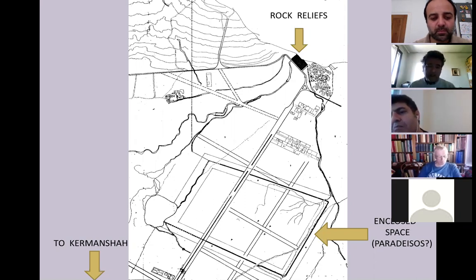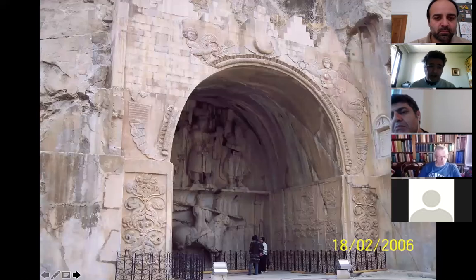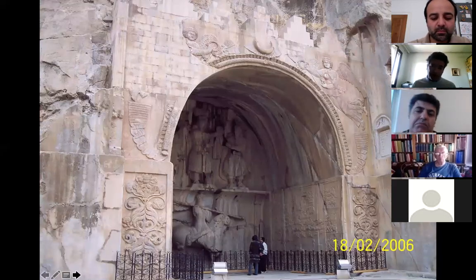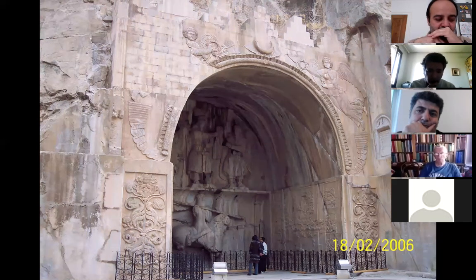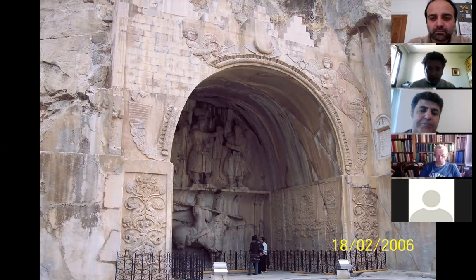Next slide, please. I would like to show you the main grotto. We have two grottos in Taq-i Bustan and an external rock relief. The main grotto, the bigger grotto, is actually where I'm going to focus my presentation today. And this photo, which I took in 2006, shows you that it was actually possible until a few years ago to access and enter into the cave, into the grotto, and actually see every small detail.